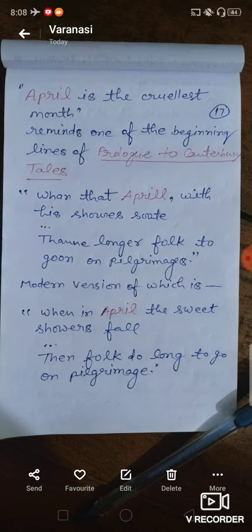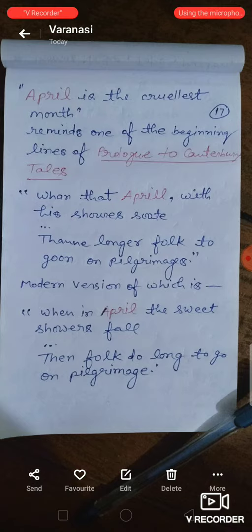So when we are not aware of the allusion, we can discuss April in a different manner. But when we can perceive the allusion to this particular line, it makes us connected to the first poet of English, who is considered the morning star of English poetry, none other than Geoffrey Chaucer. When you talk of his Prologue to the Canterbury Tales, see how that particular poem begins. We can say the first line of the first English poem is being connected with the first line of a modern poem.